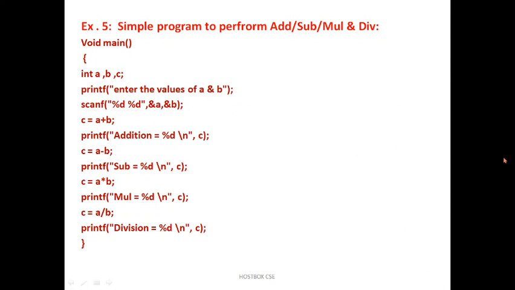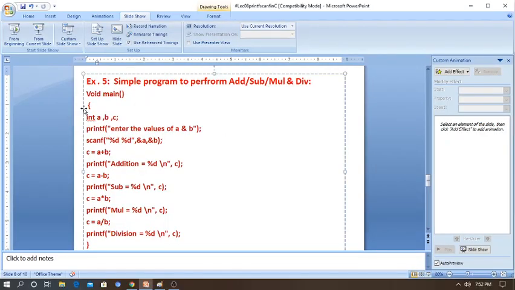Just now I told addition of two numbers. Now, in the addition of two numbers we are going to add the subtraction. So just I am giving C is equal to A minus B, and multiplication I am giving C is equal to A multiplication B, A multiplies B. At last C is equal to A by B, A division B, that is for division. So let's go for execute. So simple and easy.